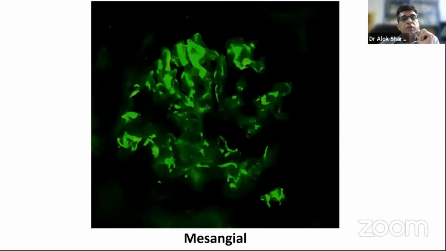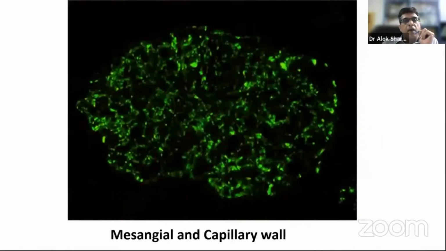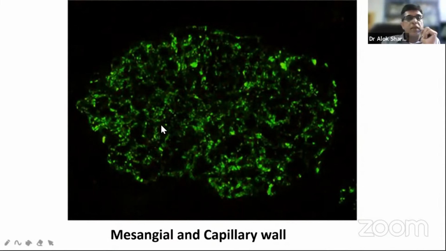So coming to the location, this is a typical example of mesangial staining. You look at the peripheral capillaries, you hardly see any staining. Most of the green fluorescence you see is in the mesangium. So this is a typical mesangial staining pattern. Now, if you look at this picture, in contrast to what we've seen in the earlier one, the staining is predominantly in the capillary. So this we call a capillary wall staining pattern. Now in this picture, you see staining at both locations. If you look carefully, you can see the mesangial areas also. There are dots in mesangial areas as well as in the capillary. So mesangial as well as capillary wall stain. This is the dual staining pattern.